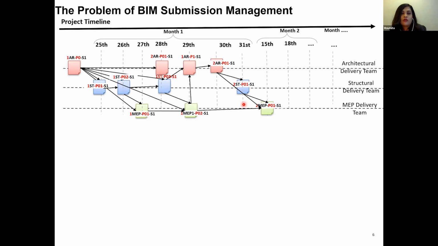It's really difficult for a submission manager to make sure that all the delivery teams are following the correct submission, one that is complete and the latest. And if that is not the case, who is accountable, and how do we make sure that person is